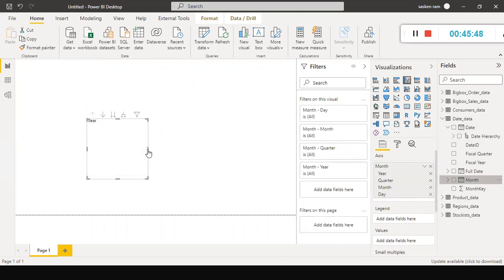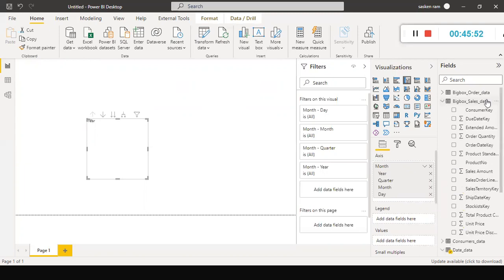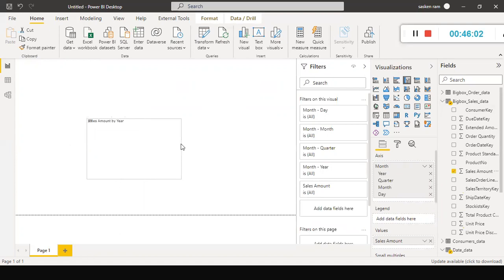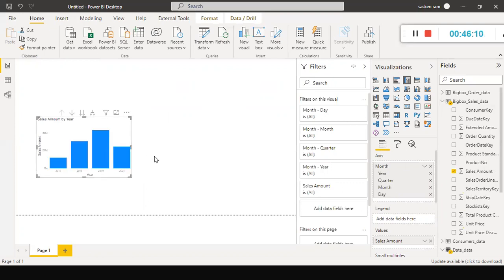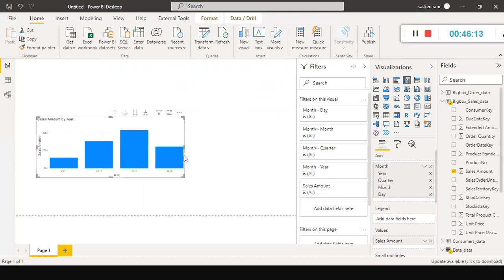Then I go to the transaction table, which is the fact table in this case, and drag and drop sales amount. It is correctly filtering the values.